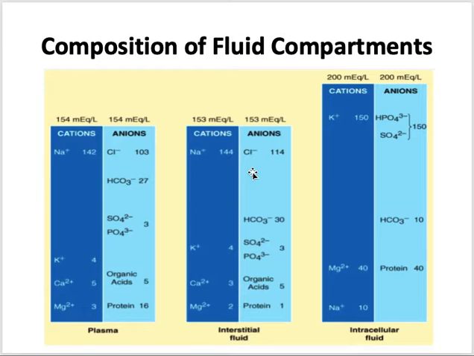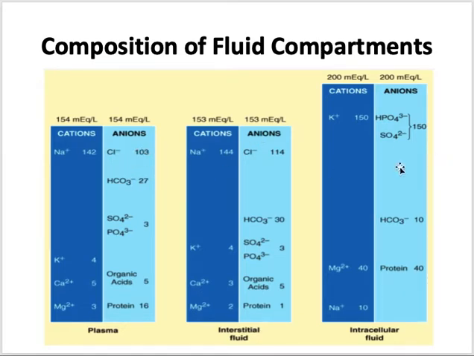Again, a very helpful bar chart. This shows you the plasma, the interstitial fluid, and the ICF. So basically these two are ECF, and this is ICF, intracellular fluid and extracellular fluid. If you see, the story is somehow the same between these two. The main cation, which is sodium, 142, 144, and the main anion, which is chloride, is almost the